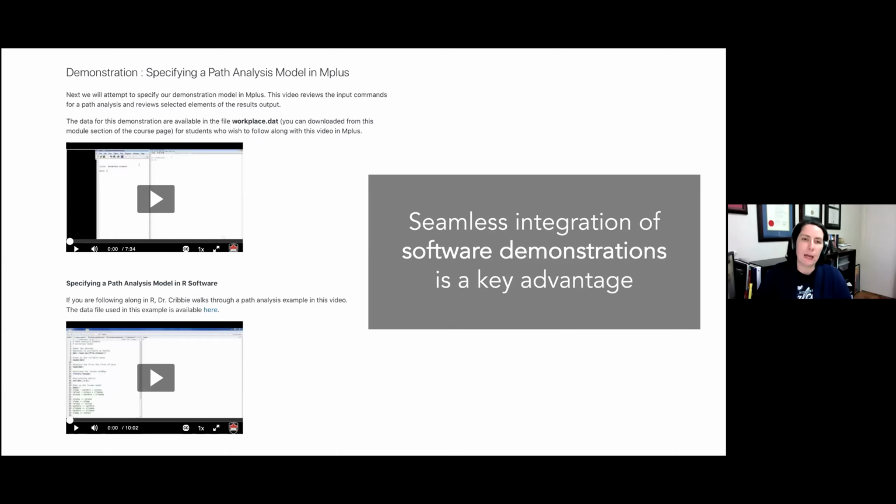So a third key lesson that I'm taking away from my experiences is that software integration is a major advantage when we're teaching statistics online. And it doesn't always replicate well in the physical classroom. If you're face-to-face and you've been assigned to a classroom that has limited digital options, demos in class can be difficult or impossible. And even if you're assigned to an acceptable room, the resolution or magnification of your screen or projector may not be great. So there's really a necessity of being able to record and post material like this online to take advantage of it.